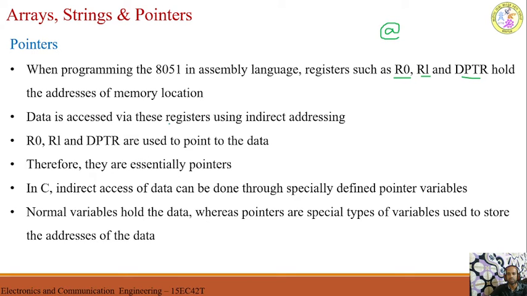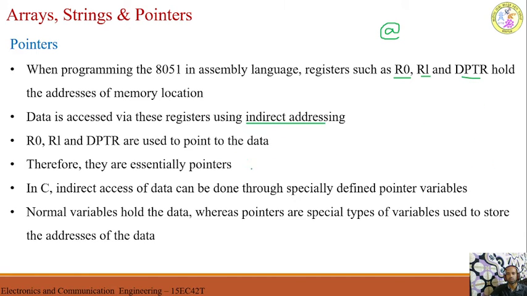Data is accessed via these registers using indirect addressing. The content of these registers is not data, but an address because of this symbol. R0, R1 and DPTR are used to point to the data.